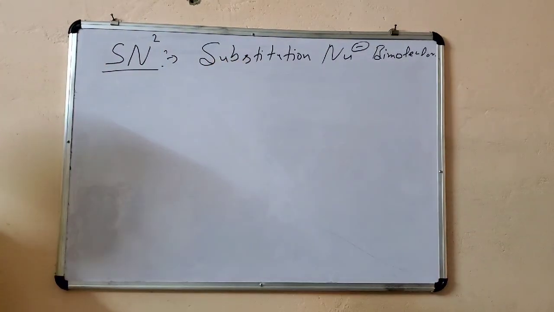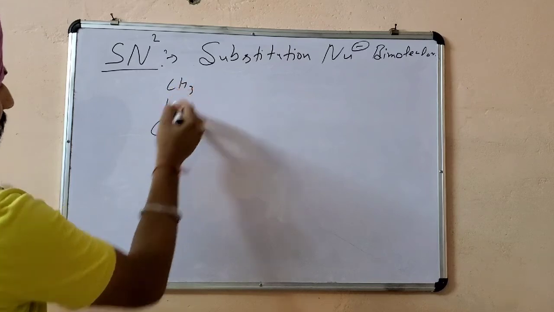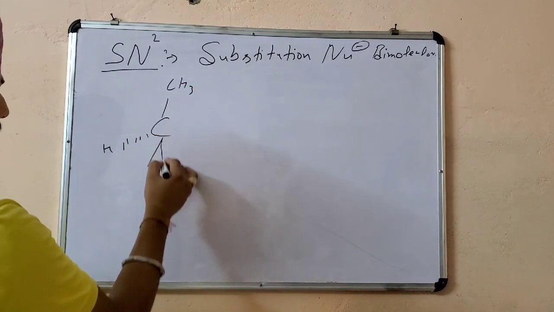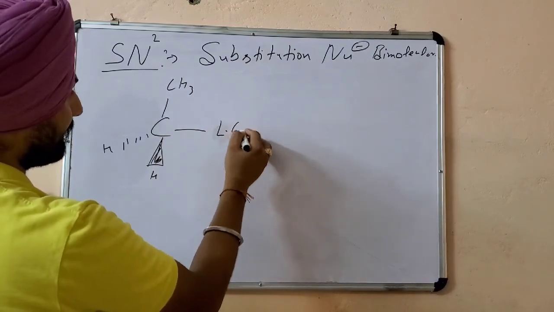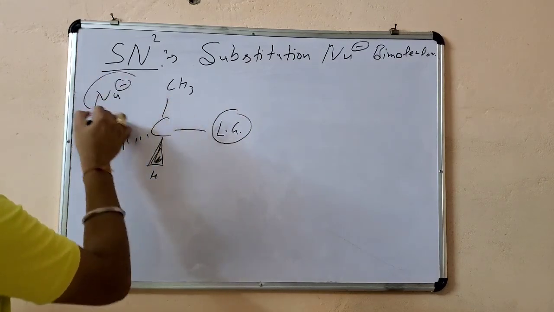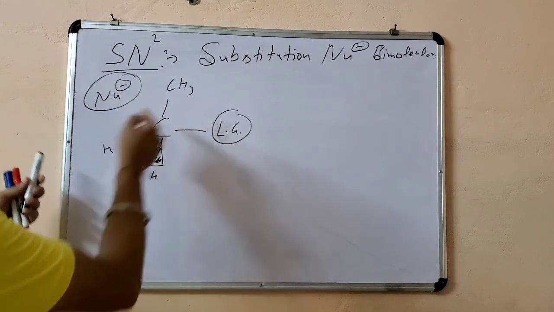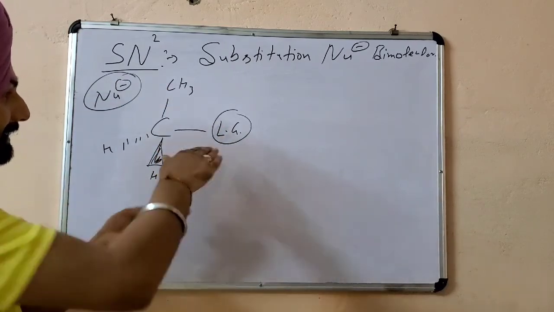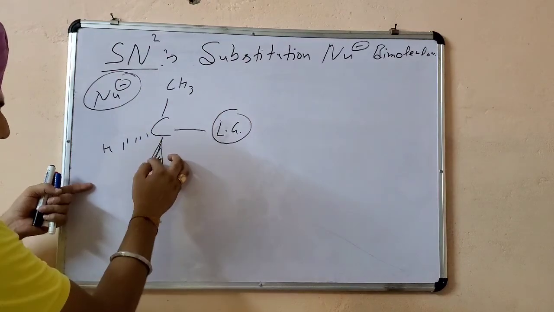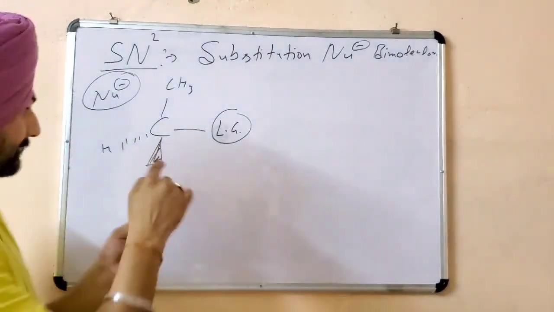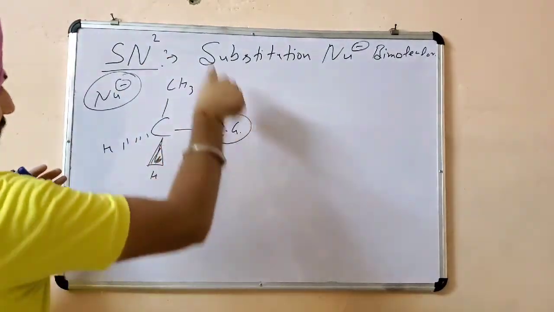So what is the SN2 mechanism? Basically, we have a tetrahedral carbon which is attached to 4 different groups. There is one leaving group, which we will write here as Lg, and the incoming nucleophile. In this tetrahedral carbon, these 2 lines represent the bonds present in the plane, because in a tetrahedral there are 4 bonds and we have 3 axes. The dark wedge means this hydrogen is towards us, and the dash means this hydrogen is away from us. This is the representation.